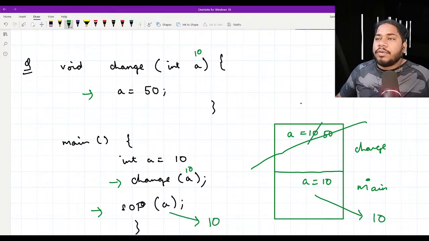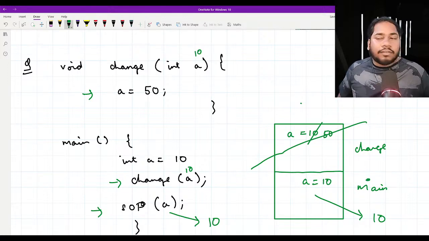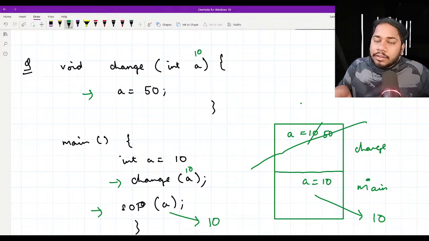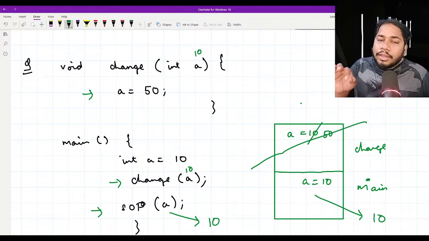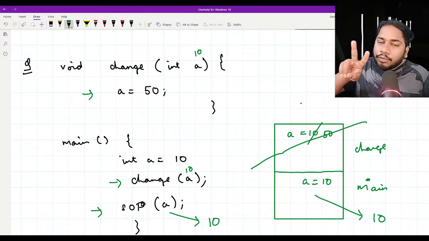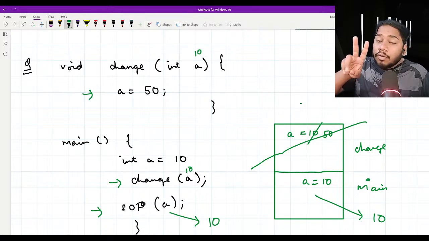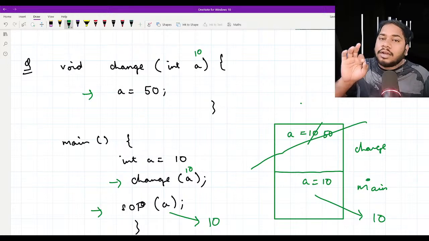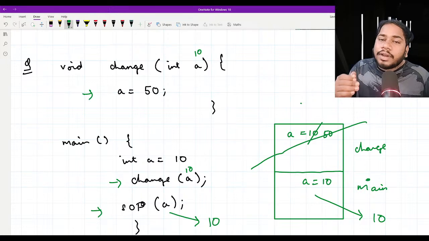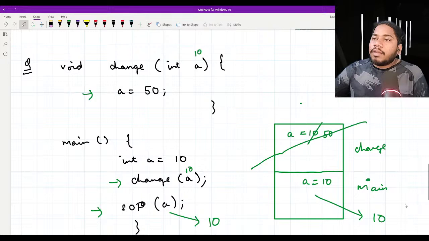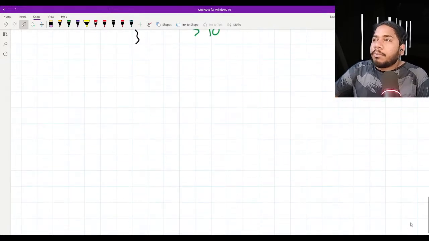Very good, guys. So you are understanding this. Why I have told you this is that values get stored in two places. One is called stack and another is called heap. So here the values were getting stored in the stack, right? And suppose if we change the problem,